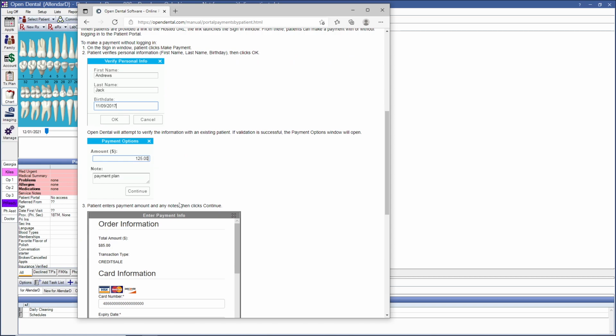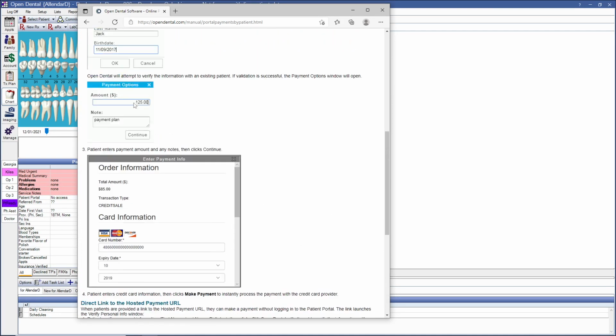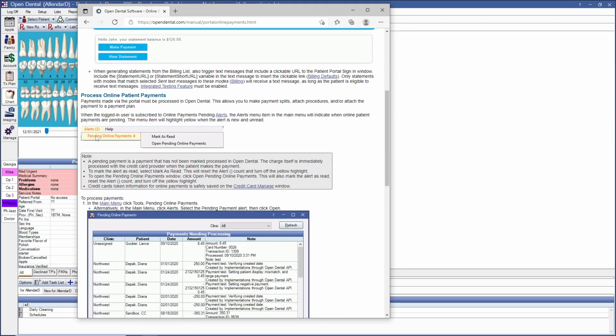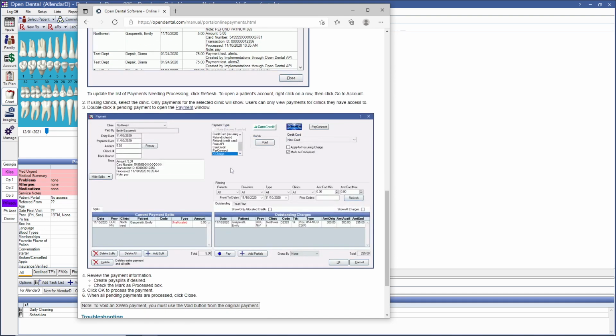They can list their payments, and inside of your system, you will get an alert that shows pending online payments and how many. You can open the pending online payments window. This allows you to view any payments that have been done through the patient portal. From here, you can double-click to open each individual payment to make sure it's been allocated the way that you'd